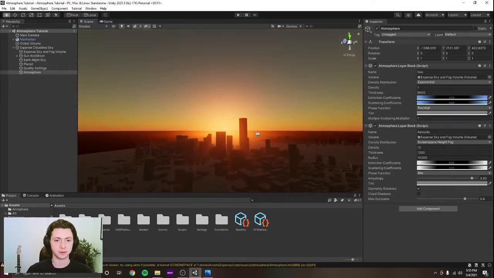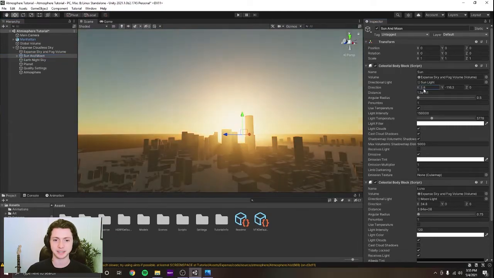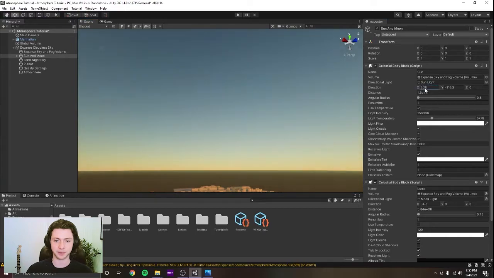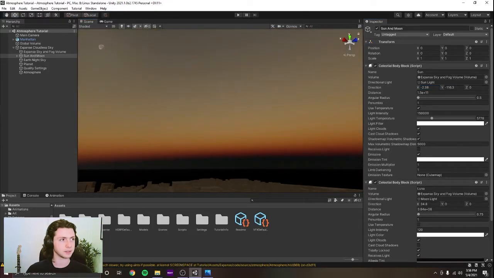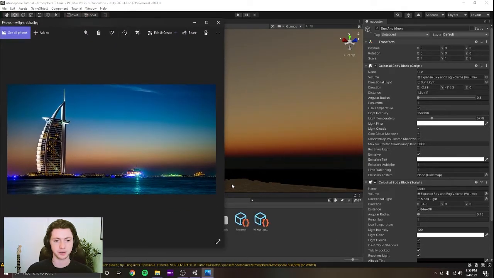And there we go. Yeah, so now we can play around with the light direction a little more too. And we can see that. I think that looks pretty cool. And then the other thing I want to do actually is I want to bring this over the horizon, and I just want to see how it looks compared to this. Yeah, so we're getting something there for sure. We may need to make some adjustments because this is kind of purplish. This is kind of like a grayish purple, and this is very, very blue. So we might need to go back and tweak the scattering coefficients, but I want to set another atmosphere layer up first,